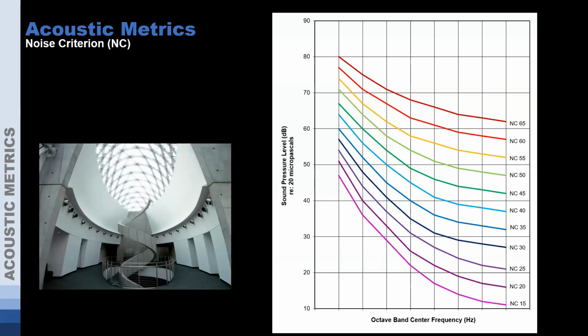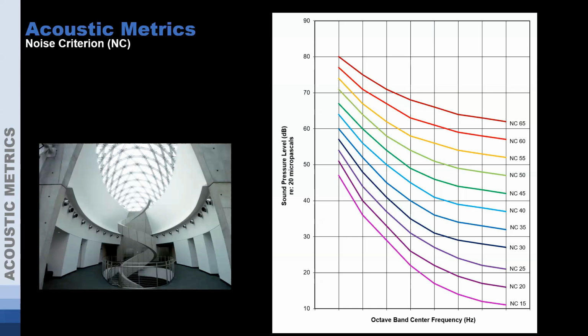On the left-hand side, we have decibels, and you can see on the right, each of these curves is listed with an NC level. That curve is trying to be more similar to what the human ear is going to replicate. It's not a perfect example of it, but it is a little bit closer to show that we don't hear the low frequency sounds as well. It's those mid and high frequency sounds that we mentioned earlier.